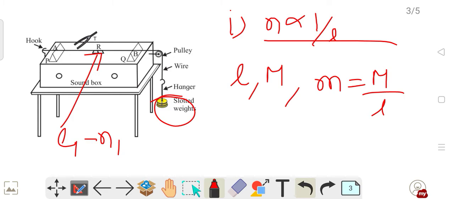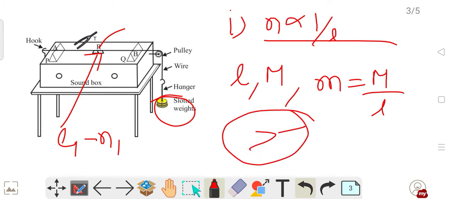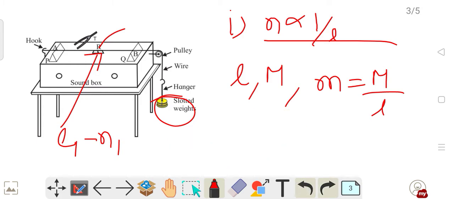Now a light paper rider is placed on the wire. This rider will be placed on the wire midway between the bridges. Now the tuning fork is set into vibration. This tuning fork is there. I will first set it into vibration by striking it with a piece of cotton. I will first hit this tuning fork with cotton, so this tuning fork will be set into vibration. Now I will bring this vibrating tuning fork in contact with my wire, and it will also start vibrating. My string will also start vibrating.